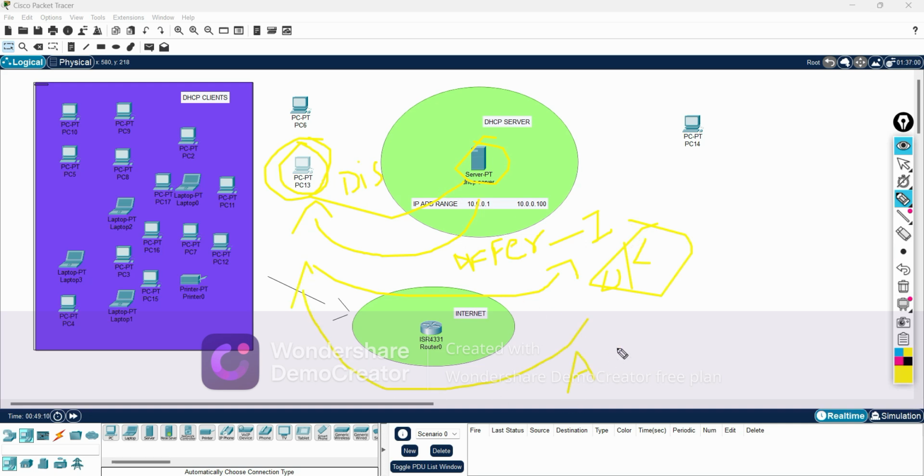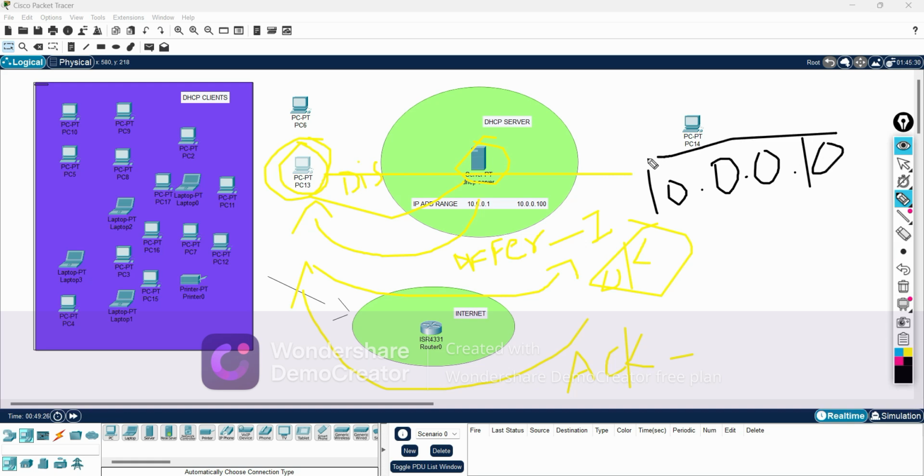This is how DHCP will work, right? So at the last this PC will get 10.0.0.x. For suppose that PC has got this IP address from the DHCP server. So this IP address can be utilized by this PC